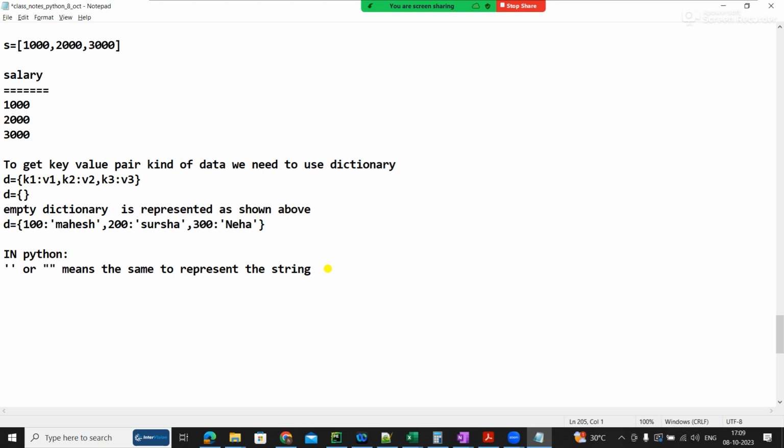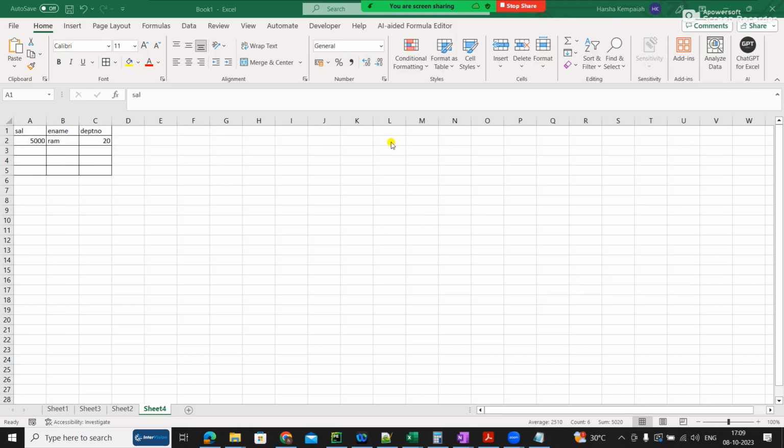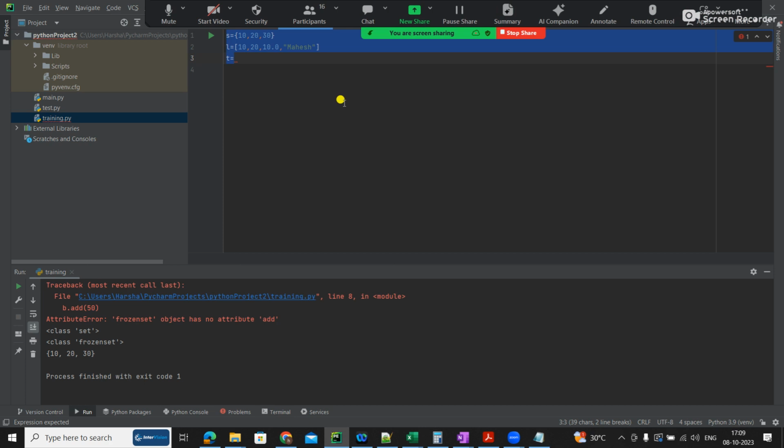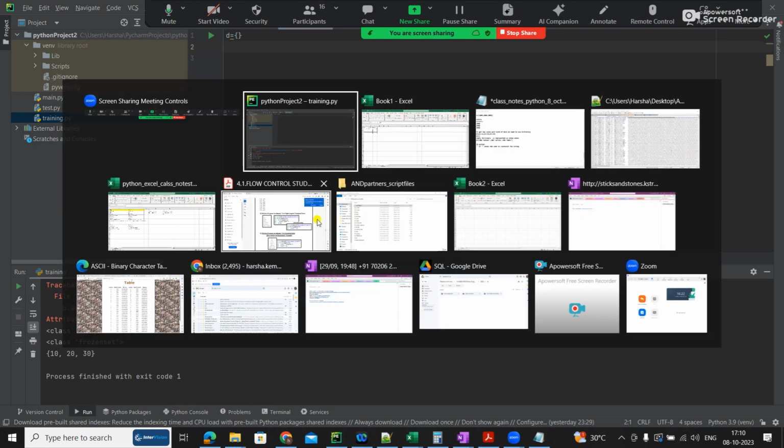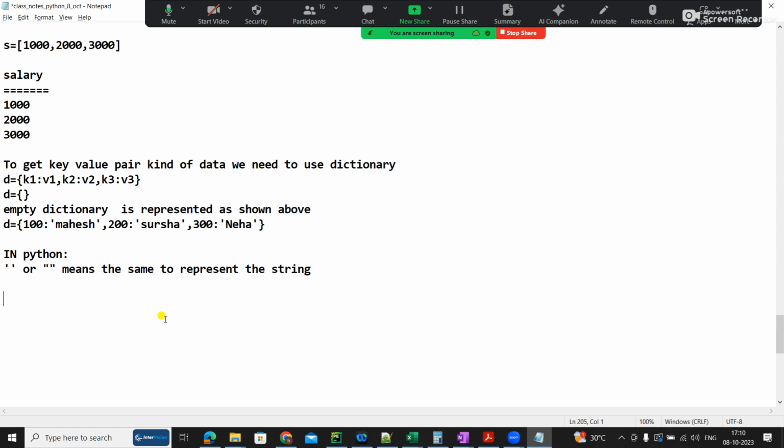So let me show you how to add to a dictionary here. If I come here, d equal to an empty dictionary. I can also add a dictionary list, but let me show with an empty dictionary. So the syntax is d of key equal to value to add the value. If it is an empty dictionary, something like this, d of key equal to value. This is how I do that.